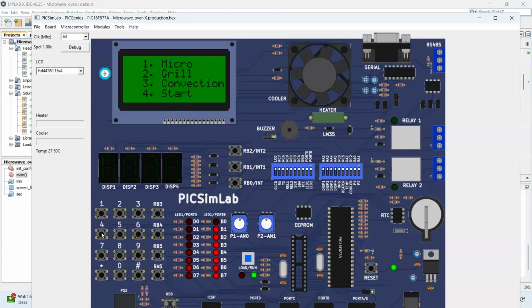Next, we have the start mode, which directly starts. If we want to increment the time by 30, then we will click on 4. Every time we click 4, it gets incremented by 30. If we want to pause, we can click here. If we want to stop, we can click on 6. So if I want to increase this from 29, it goes to 55, 54. For incrementing by 30, we will be clicking 4.